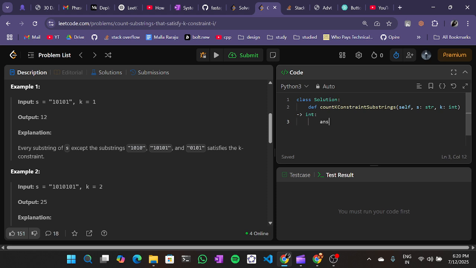So let's just start with the length of s. We are starting with the length of s. Then what we'll be doing is,